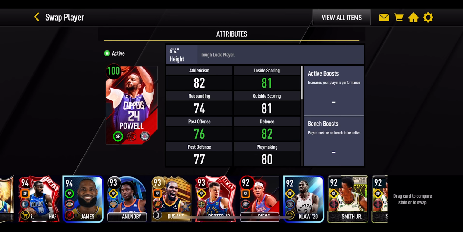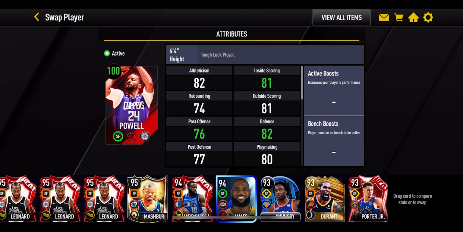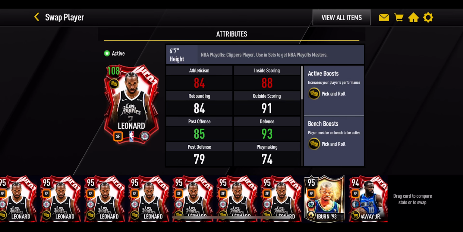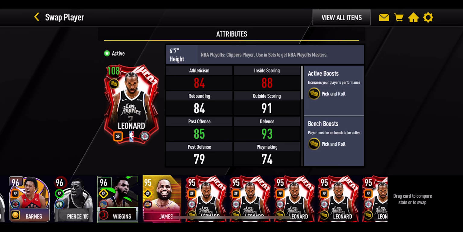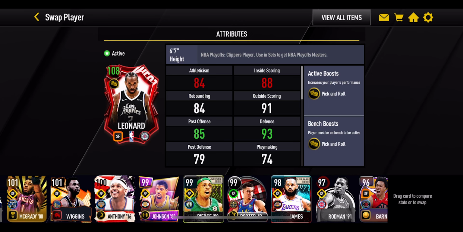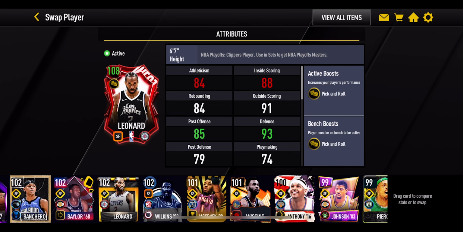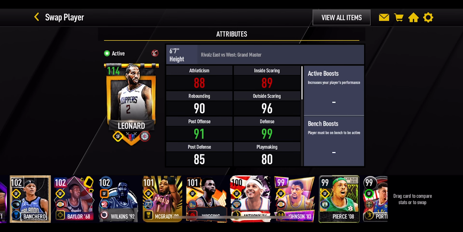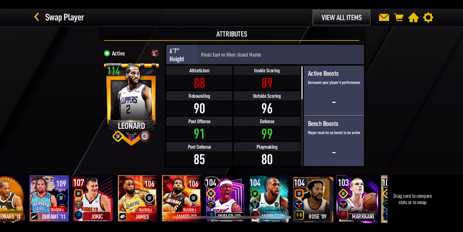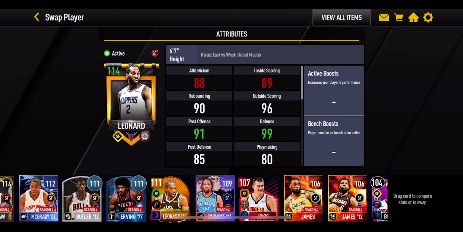Again, we got a Raptors Kawhi Leonard over there, so he's not going to be able to get put into the LA Clippers team, but we've got a 95 Kawhi going up to 108 overall with that pick and roll boost to position. That's one of the new boost categories that we've got in Season 8 now, and we're still going up, and we got a 102 overall Kawhi Leonard from the East versus West promo, which is not bad at all. He was the Grand Master from that promo, now going up to 114 overall, which is much better